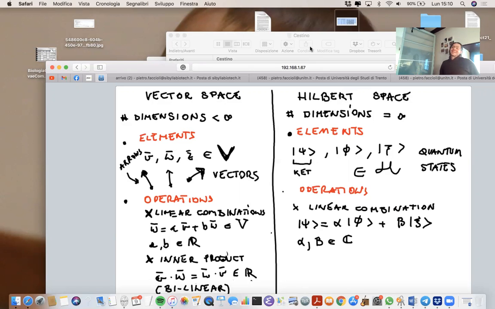So the classical mechanics state, position, and momentum are vectors, and they are defined in a vector space where the coefficients are always real. The scalar product between two positions or a force and a position is always a real number. While in quantum mechanics, the linear coefficients are always, in general, complex. And the inner product